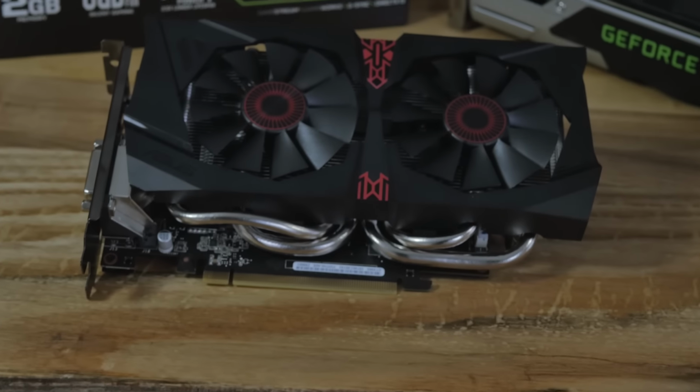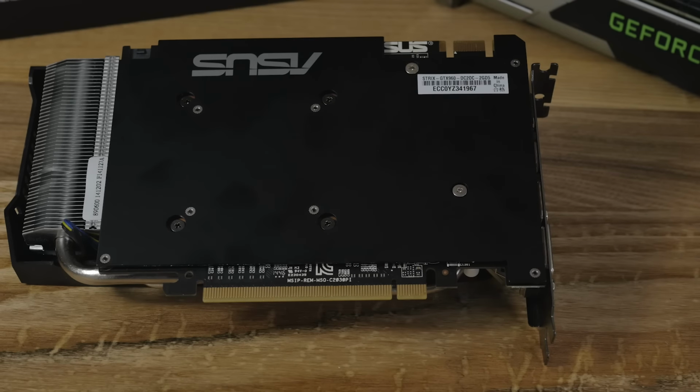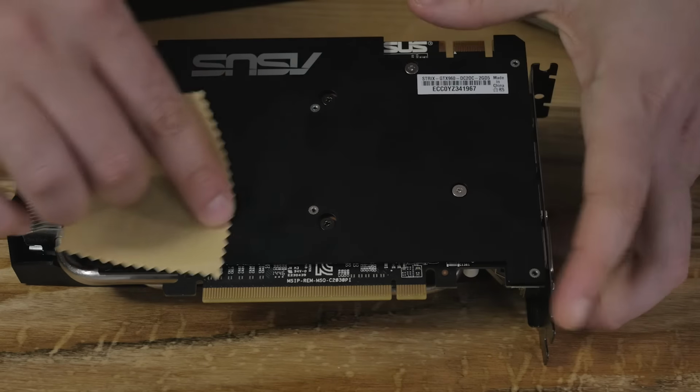All right, the GTX 960 is upon us. This is the ASUS GTX 960 STRIX edition. It's got the DirectCU 2 cooler. It's got the fancy faceplate on the back. Faceplate, backplate. The STRIX is about 8.5 inches from the bracket all the way to the farthest point on the